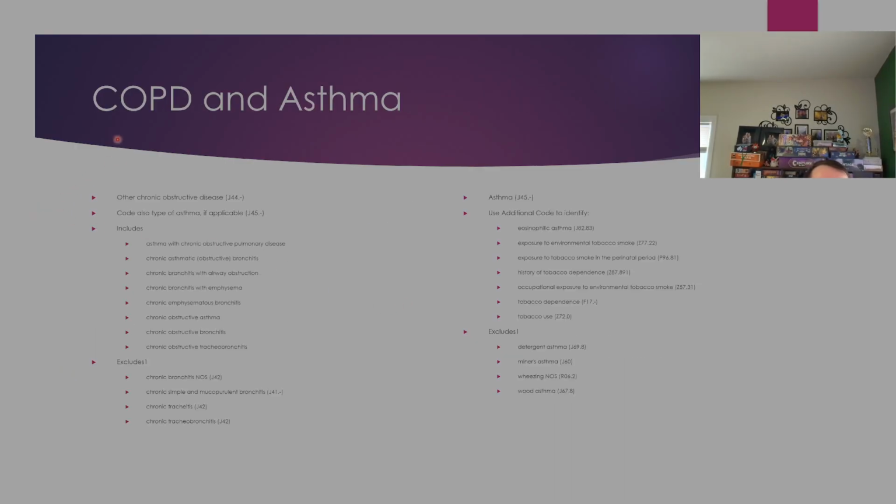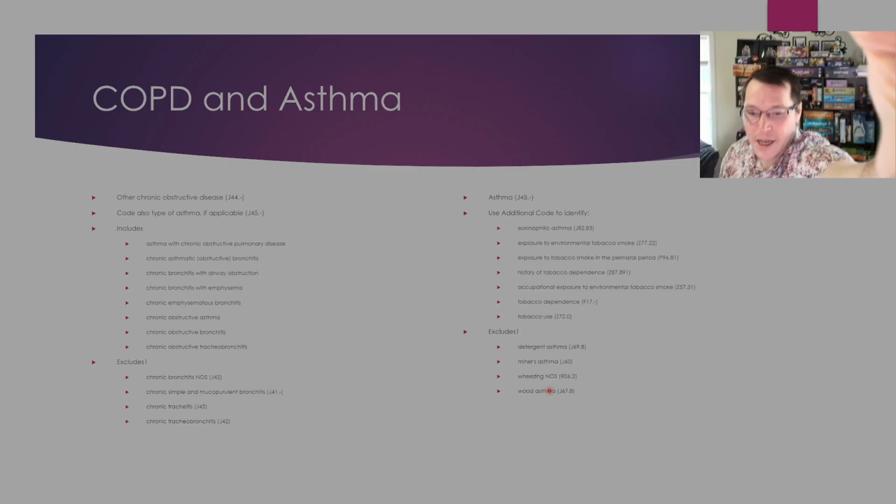So let's move on to the asthma and COPD section here. COPD I have on the left side here. Asthma codes I have on the right side here. Asthma isn't as bad for exclusions as compared to COPD, but obviously what it is a lot of is the R codes and common conditions you can't have together. So you can't have wheezing with asthma because of course they're going to wheeze. And then more specific asthma codes can't be with the more, not to say generic,